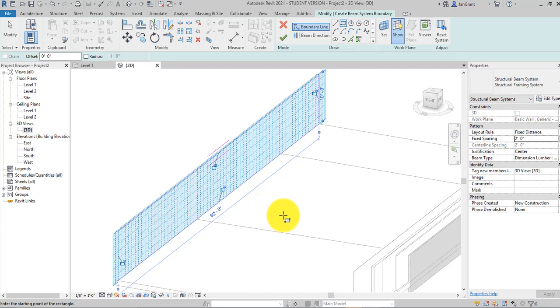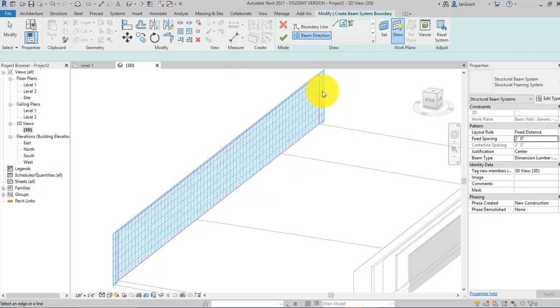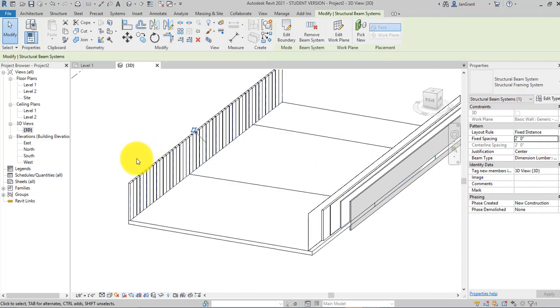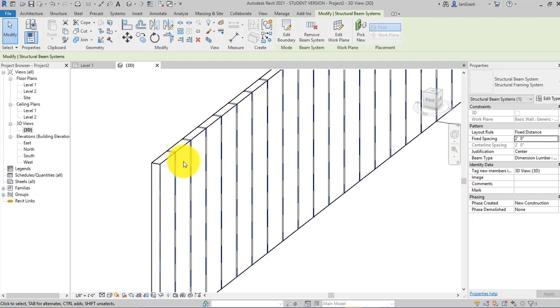And now beam direction is important here because these 2 purple lines are telling me that the beams are going to run horizontally and I need them to run vertically. So I'm going to click on beam direction right here and then click on the shorter purple line so that my studs will come in vertically. And now I can go ahead and pick the green check mark, and I have my studs placed inside this